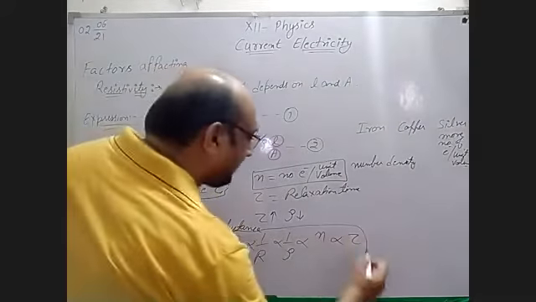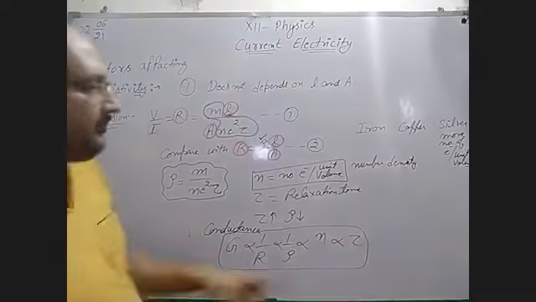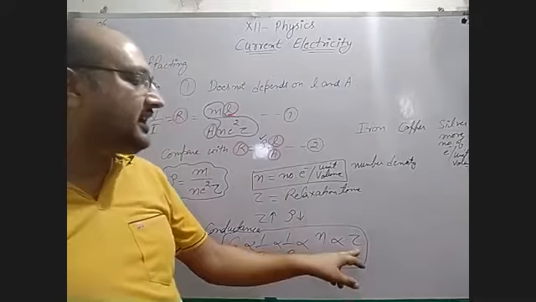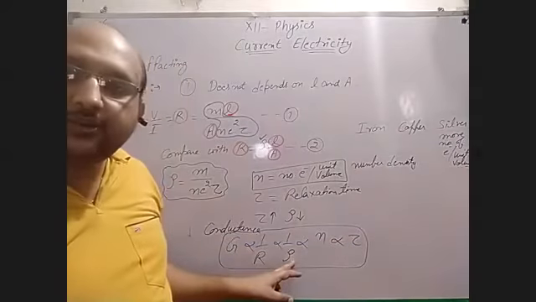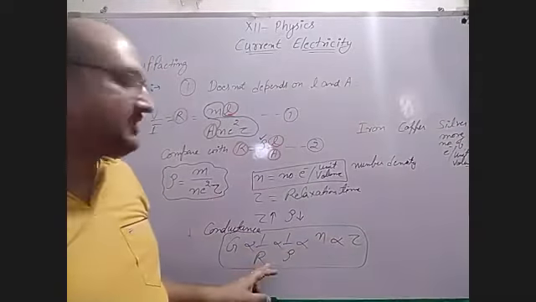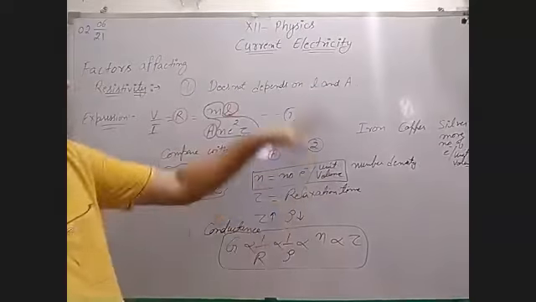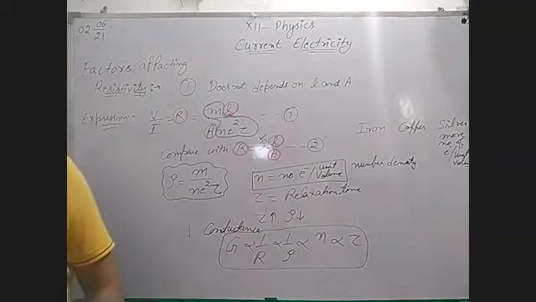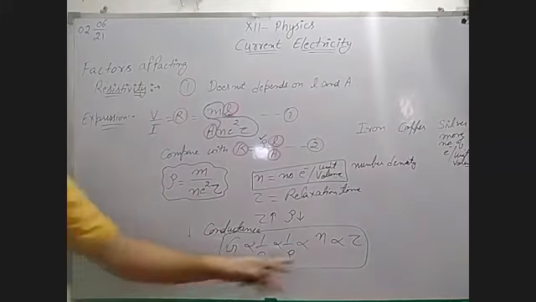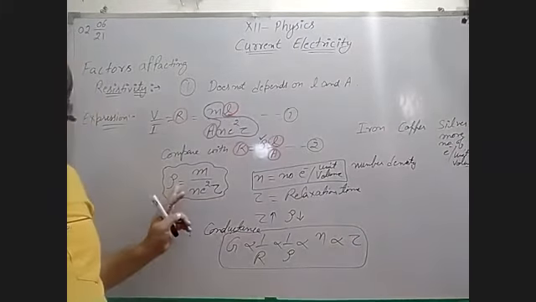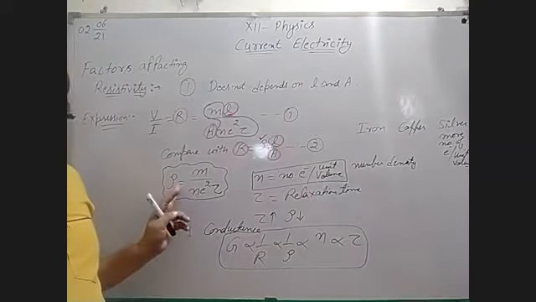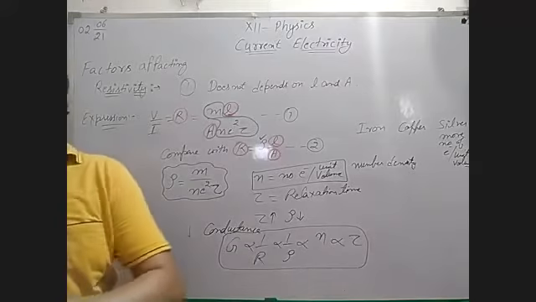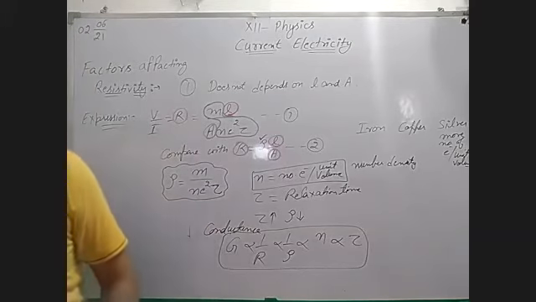Now, this thing you have to remember. From these formulas you can say that relaxation time is inversely proportional to resistivity. If relaxation time is more, conductance will be more. From the above formulas, we can conclude this; no need to explain it. If tau is more, resistivity is less. If number density is more, resistivity is less, because you know very well what is increasing or decreasing.